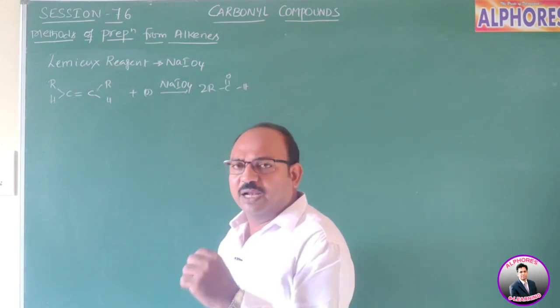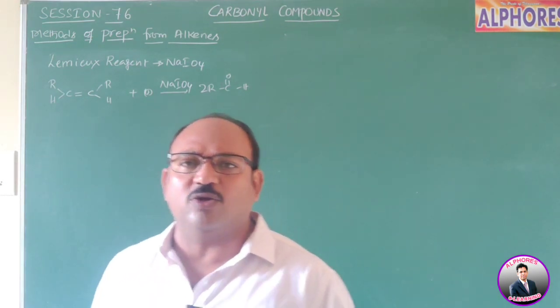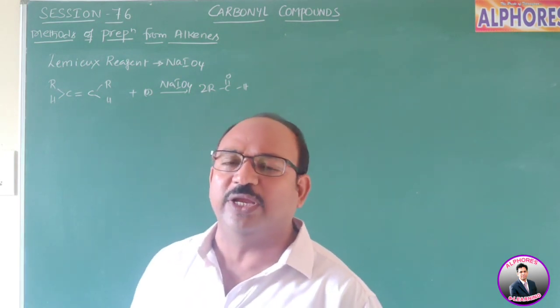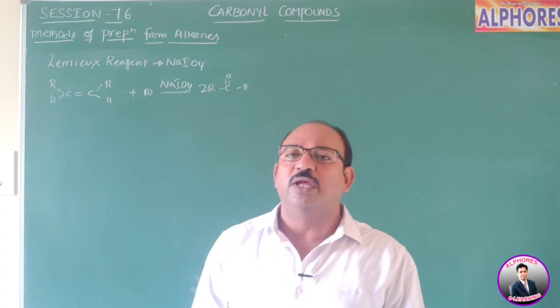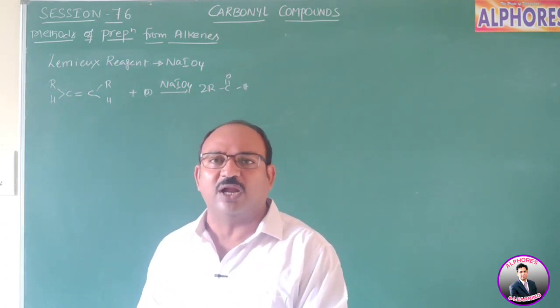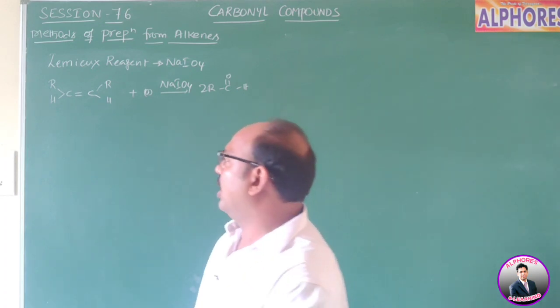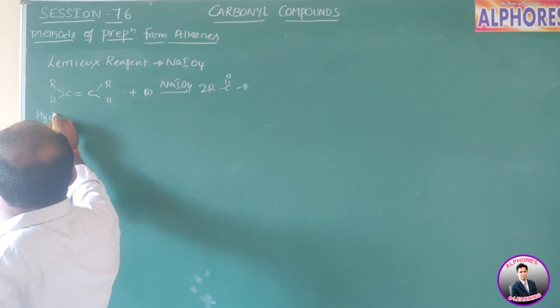Products. Lemieux reagent functions similarly to that one. And one more reagent, chromyl chloride, CrO2Cl2 in CH2Cl2. Chromyl chloride in methylene chloride can also oxidize carbon-carbon double bonds into carbonyl compounds, meaning aldehydes and ketones. Now, similarly from alkenes, hydroboration